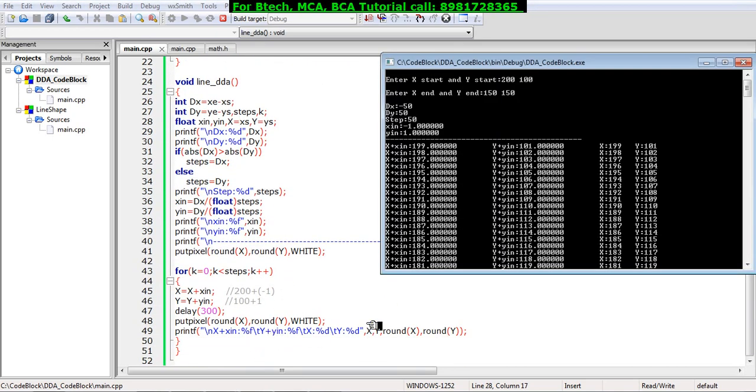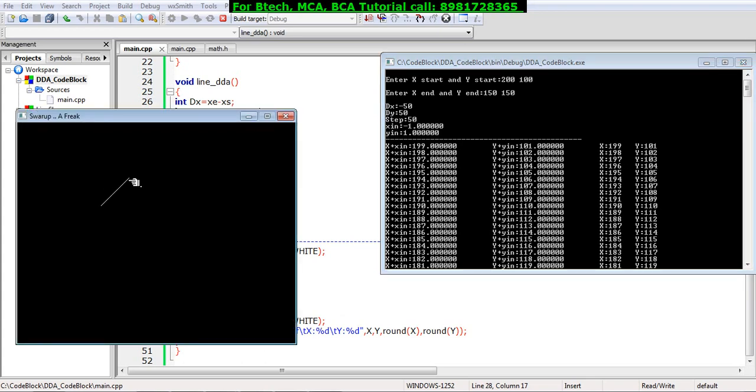So here the plotting is taking place. The round off function will plot 199 and 101, and then it will generate the pixel which is white in color. After the first pixel, the second pixel will be plotted again.